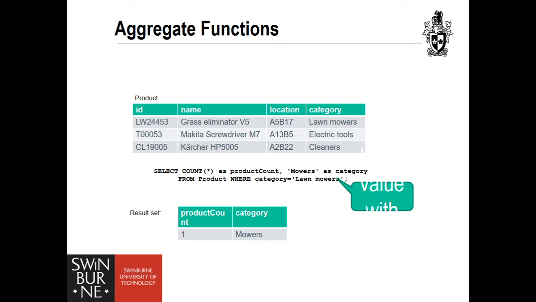But first, take a look at the category projection in the select statement. Here it is a literal value, so it is not fetched from the database at all. It is given an alias of category, and you can see it appears in the result set as a column of its own. Making up a new column in the query on the fly is sometimes helpful. In this case,